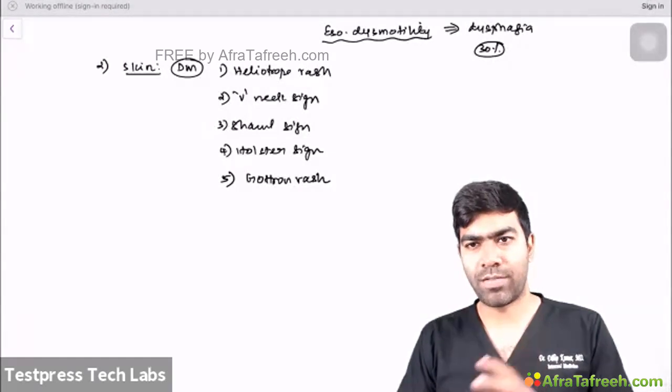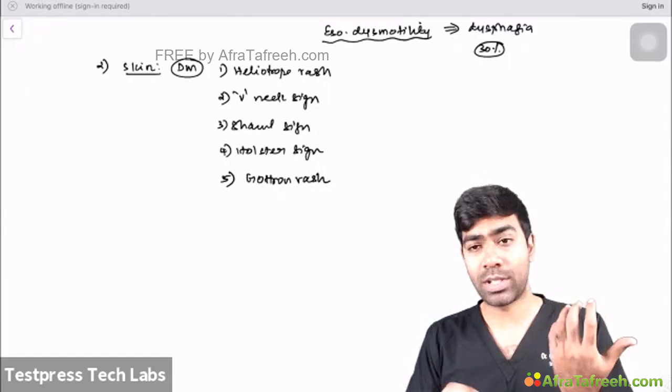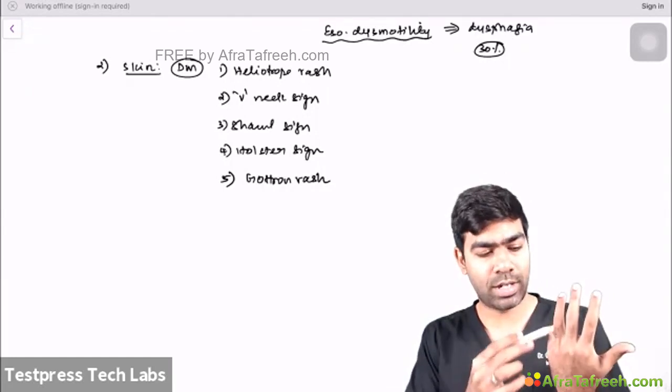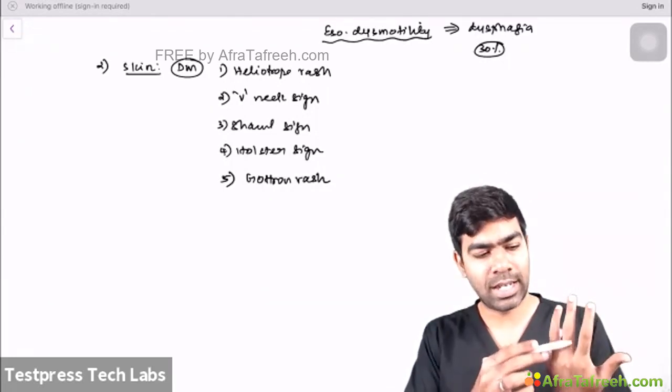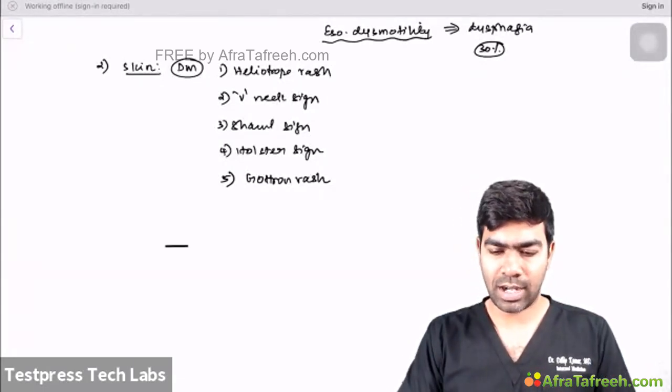It's very important to differentiate that from a systemic lupus erythematosus rash, where the systemic lupus erythematosus rash will not involve the joints. They will only involve the skin in between the joints. For example, if you see these rashes over here,